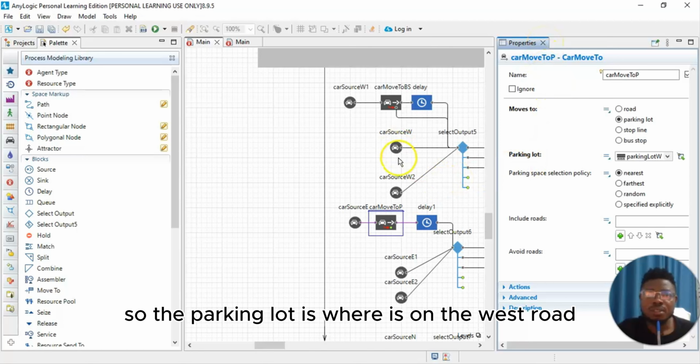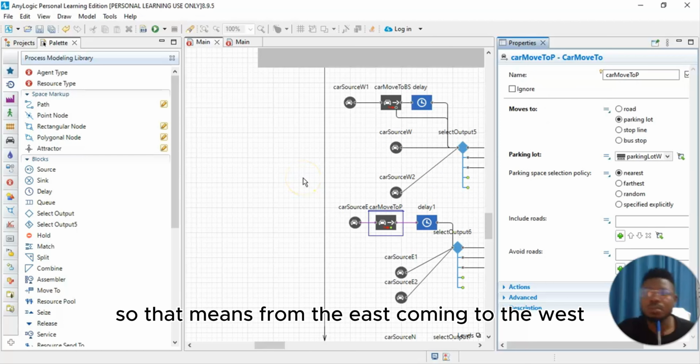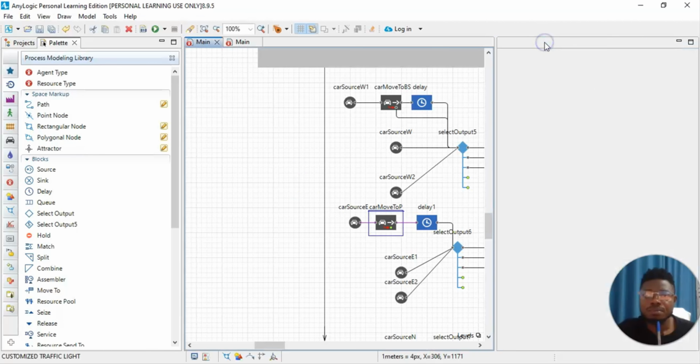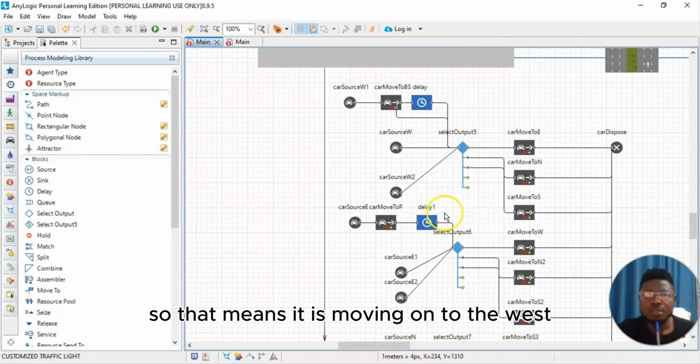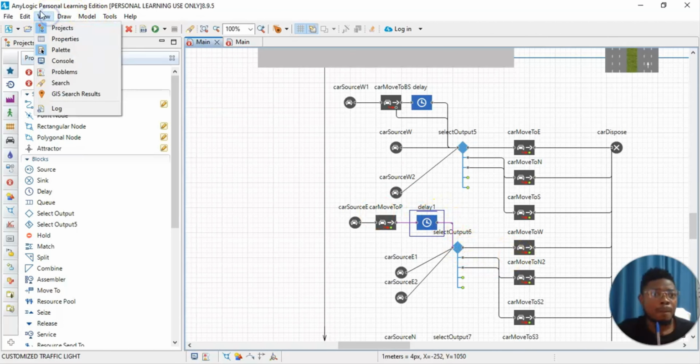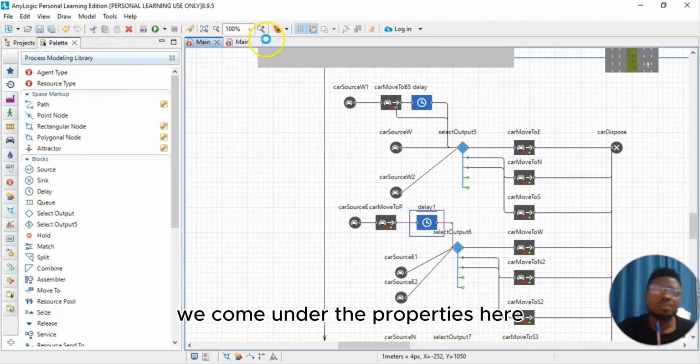So the parking lot is on the west road. That means from the east coming to the west, just like we have it. So that means it is moving to the west. So we can edit it. We come under the properties here